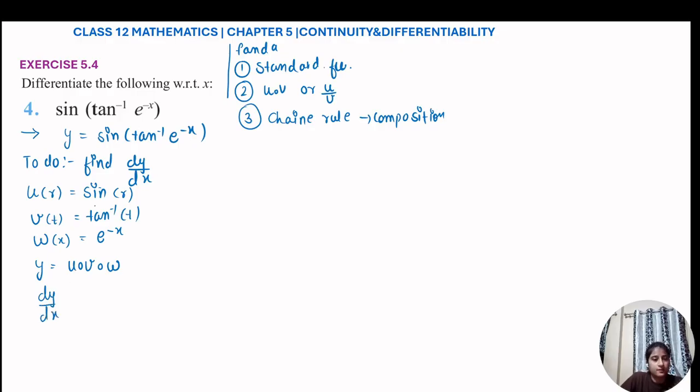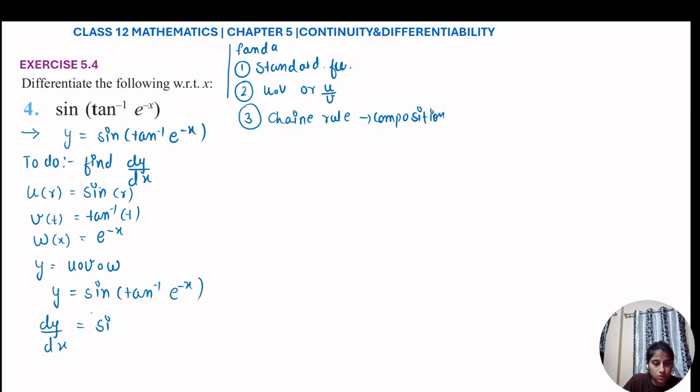So what I always told how to find its differentiation. So as we have to apply the chain rule. So differentiate the outer function, take the argument as it is, then differentiate your argument. That means this. So okay, if I write, so my y is, as I will write it here again. So my y is sine of tan inverse of e raised to minus x. So to differentiate y with respect to x, this will become